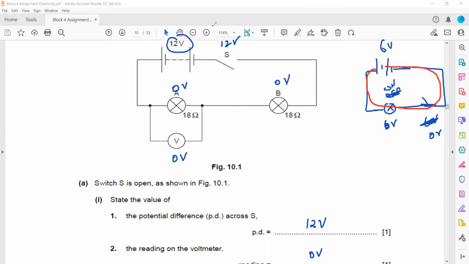So the same thing happens here. If we have an open switch, there is no current. If there is no current, the lamps will be off. If the lamps are off, what is the voltage across these lamps? The voltage will be 0, or no potential difference across the lamp, and all the voltage will be across the switch. Once the switch is closed,